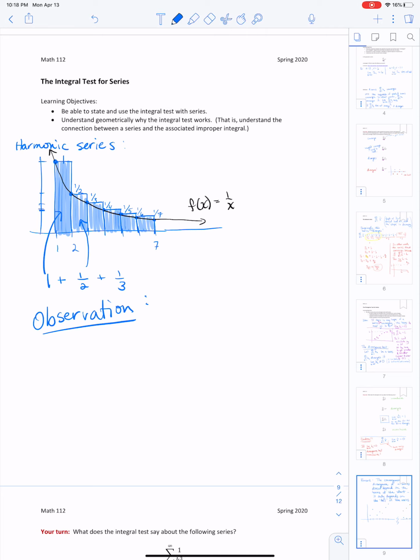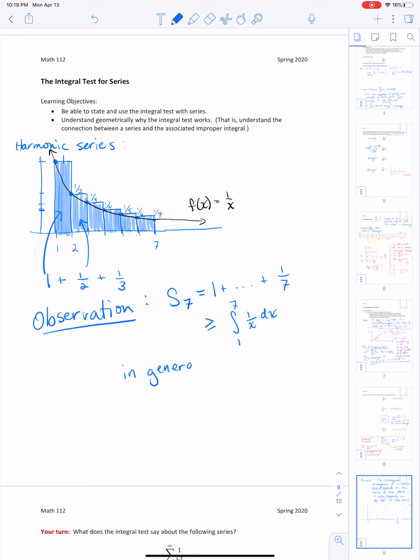Observation here is that the sum S7, and I've sketched it here, is equal to 1 plus ... plus 1/7. This is greater than or equal to the integral of the function 1 over x from 1 to 7, right? And in general,